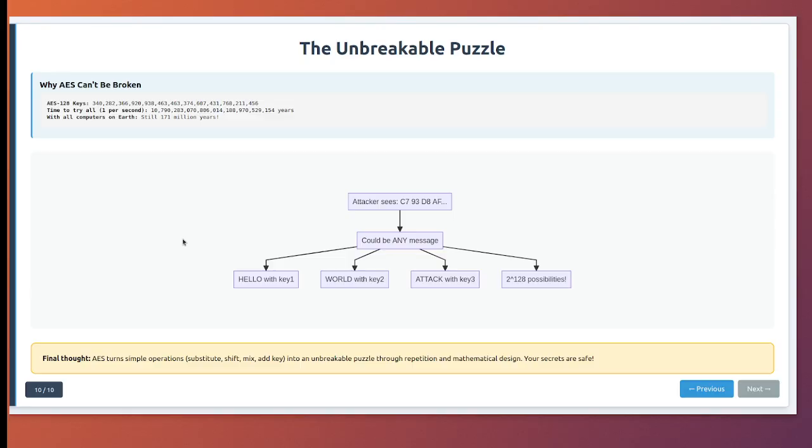Change key bit 1, and output bits 7, 33, 67, 89, 103, and 127 might flip. Change key bit 2, and a different random-looking set of output bits change. There's no predictable relationship. This is why, after 20+ years, no one has broken AES. It is not just hard, it is mathematically infeasible. The numbers protect your secrets